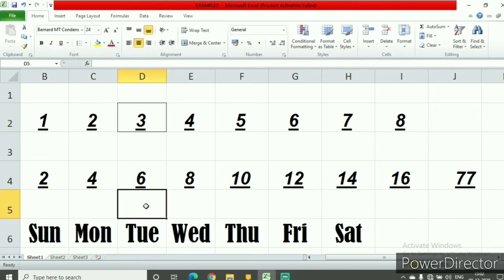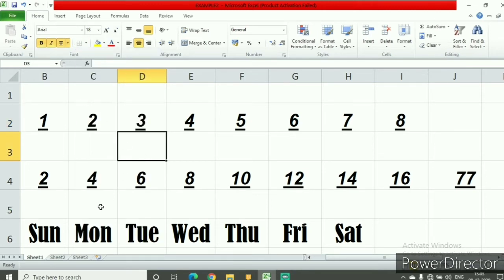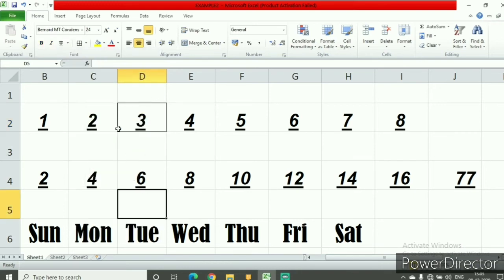That's what is remaining. So this 3 has got a border over it. Suppose I want all those borders to go away at one go, I'll just say no border. Now is there any border out there on 3? No. Now suppose again I select it and I make all borders, in and out. So all the borders will come at one go.